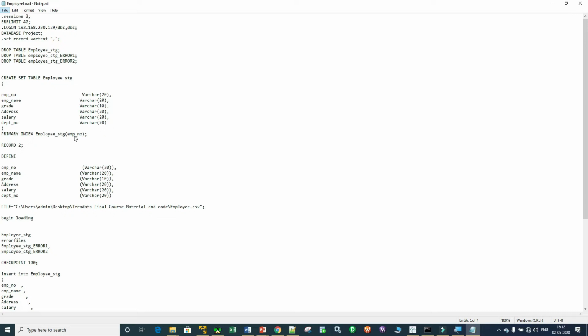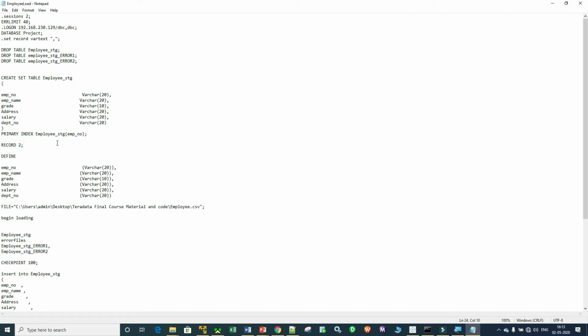But let's suppose you have 2 million rows, or 5 million rows, and you perform a select query with a where clause on a particular column in which we have an index defined. If that column has an index defined upon it, it will retrieve the data very fast. It won't take much time. So this is the basic concept of an index in Teradata.